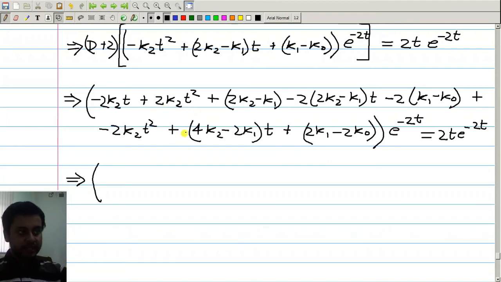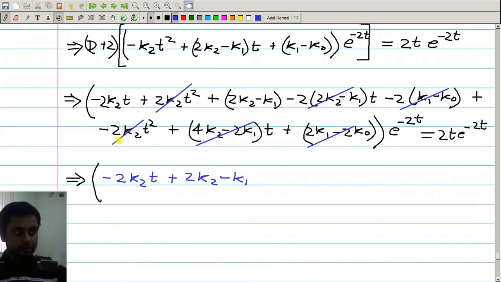Now grouping the t square, t and t to the power 0 terms separately, we shall have this. Here these two terms cancel, these two terms cancel, and these two. Okay, then